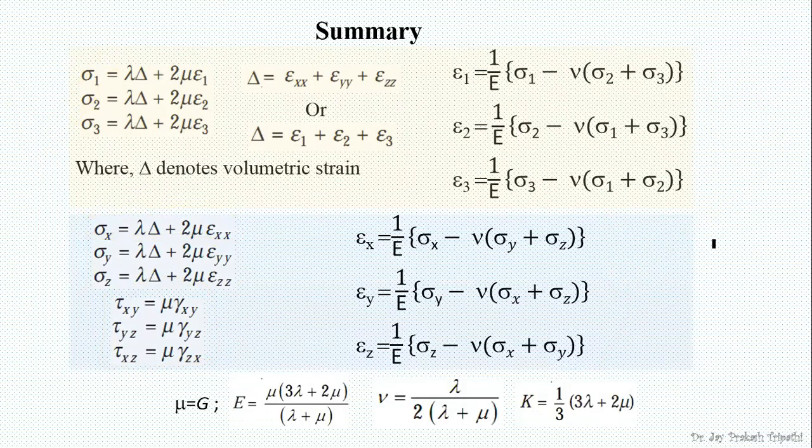Next comes the expressions of elastic constants. So this mu is Lami's coefficient and it is also known as modulus of rigidity. Generally, modulus of rigidity is denoted by G and Lami's coefficient is denoted by mu. So if lambda and mu are known, then we can determine the Young's modulus E by this formula, Poisson's ratio from this formula, and bulk modulus from this formula. So these relationships are very important for the numerical problems from the topic stress-strain relations.